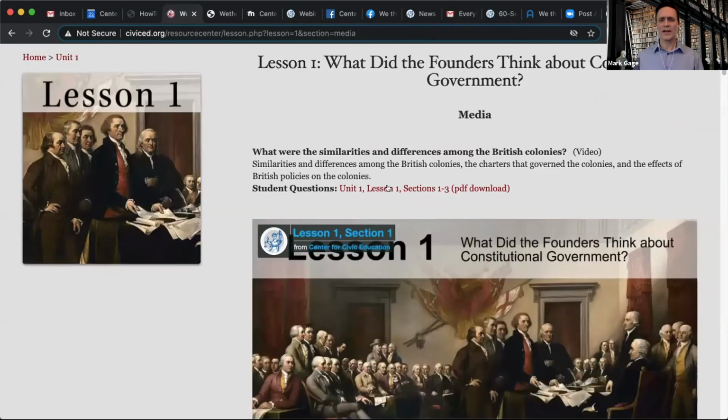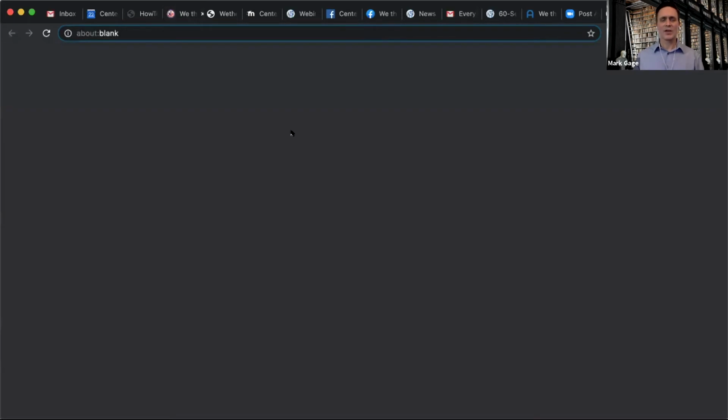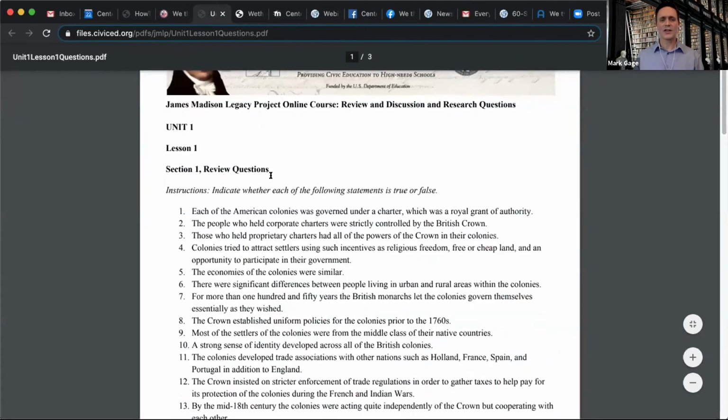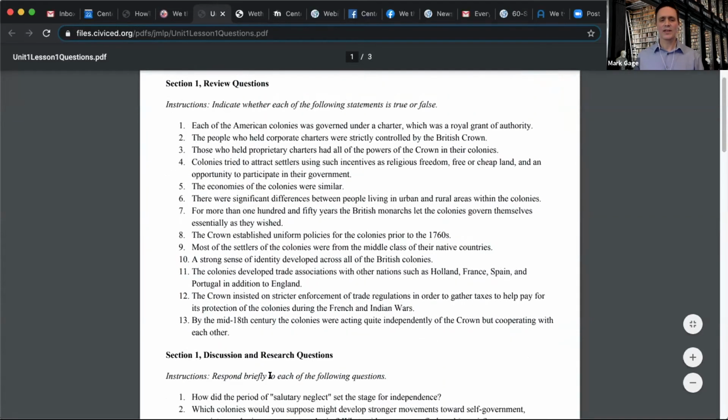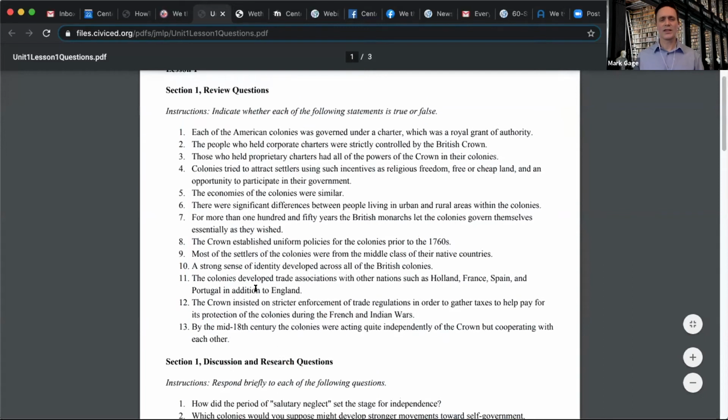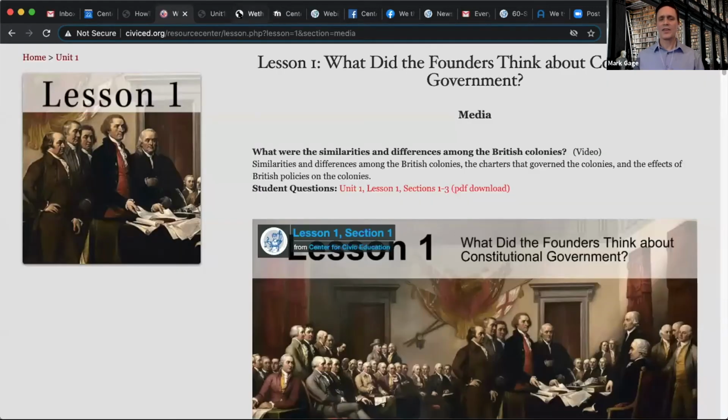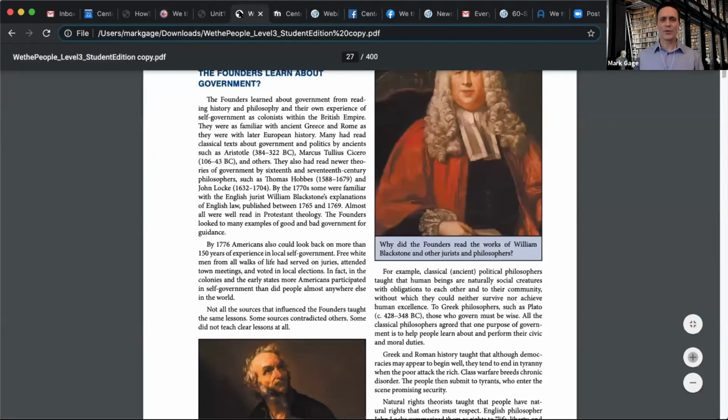You can also find questions here. Now these questions are true, false, and short essay questions based on each section of the book. So these are not found in the teacher's guide. These are completely separate. So this is related to the very next thing I want to bring up, which is the